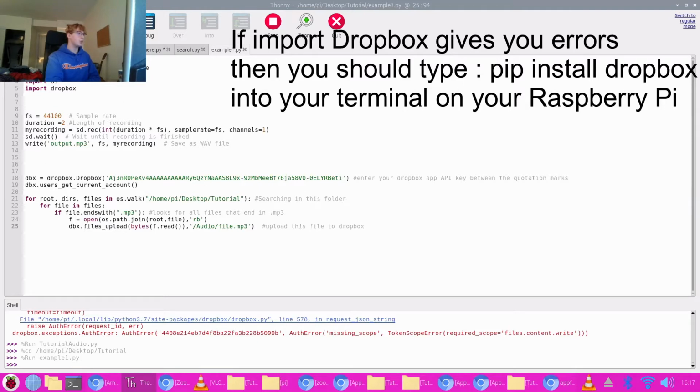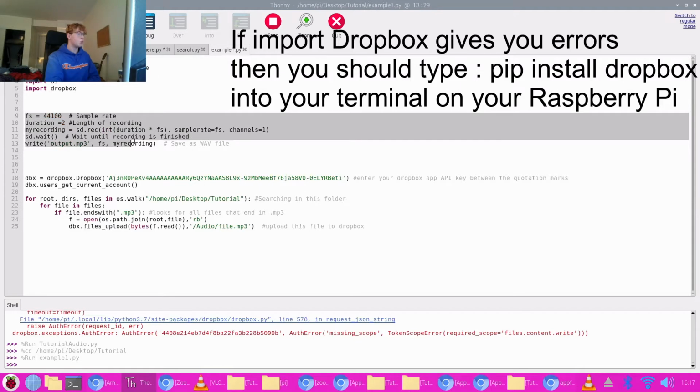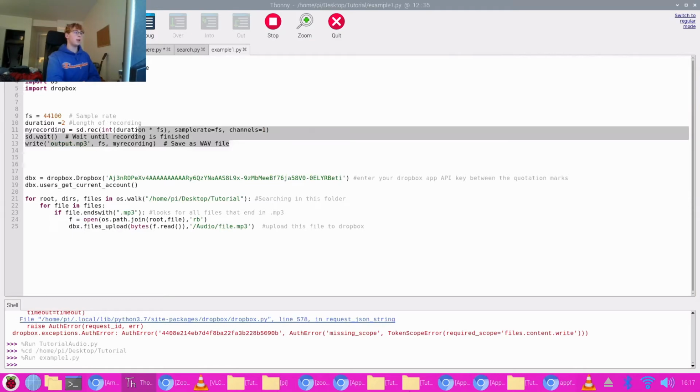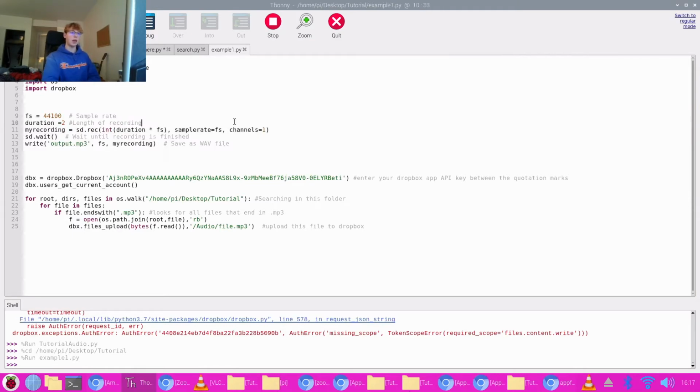The first 3 import statements are just for these few lines of code right here, which actually has nothing to do with uploading to Dropbox itself. This just records an audio file, so I can give you guys a real-time example of me actually recording and then uploading that file to